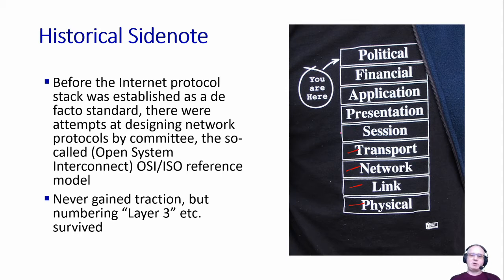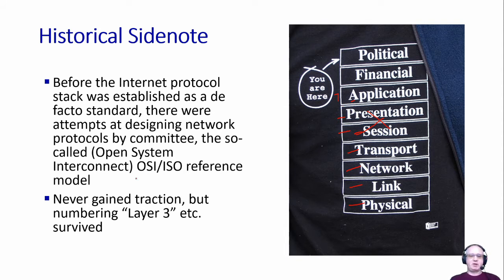But then they envisioned there be two other layers, layer 5 and 6, to deal with things such as how to present data that is being exchanged between applications, or also to do session management. So those layers actually did not find implementations that were grown organically. Typically application developers would fold these services into their application layer, and the OSI ISO protocols never took off. So this is why these two layers essentially disappeared, and application then became the fifth layer, layer 5. But traditionally, the application layer is layer 7. So if you hear layer 7, that means the application level.